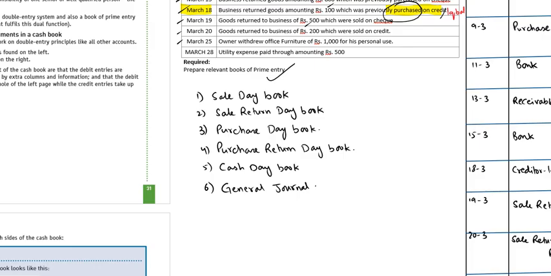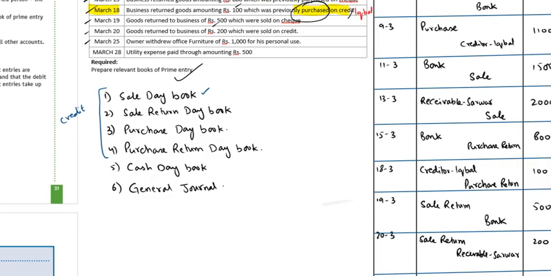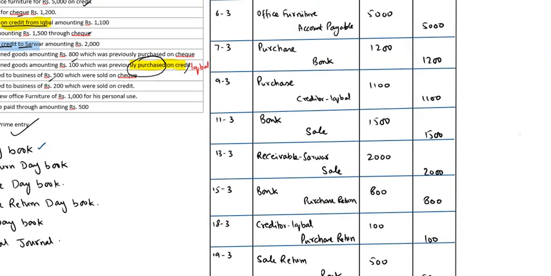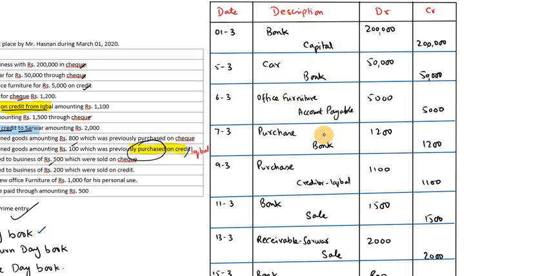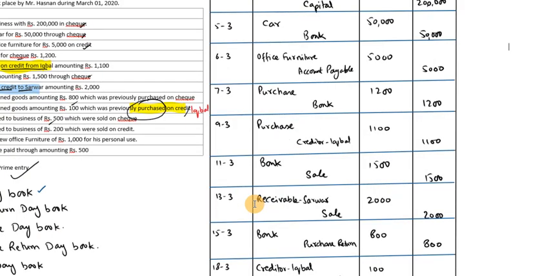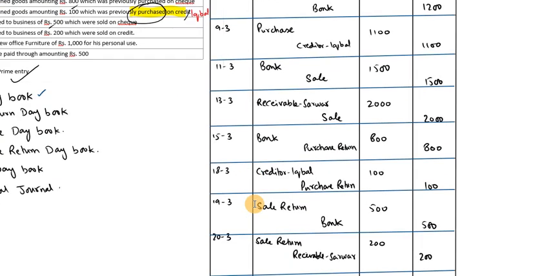Okay, firstly we have to collect all the credit sale transactions, as we know these are all related to credit transactions. So we select the credit sales. How many credit sales do we have? Let's see in our data. Here is a bank sale. Can I record this sale in the sale day book? What do you think? Should we record this sale in the sale day book or not? What's your opinion?